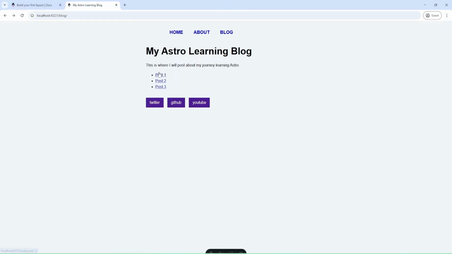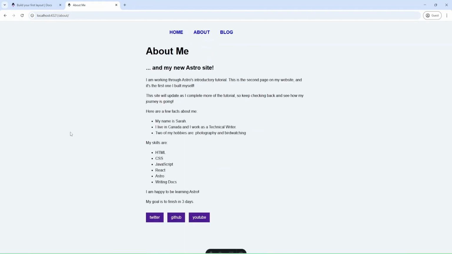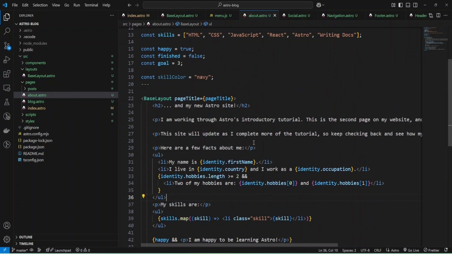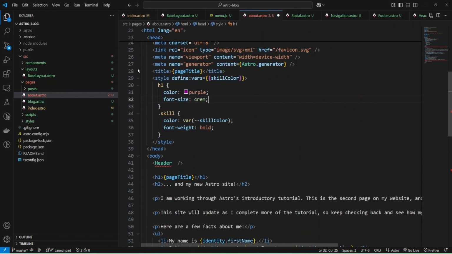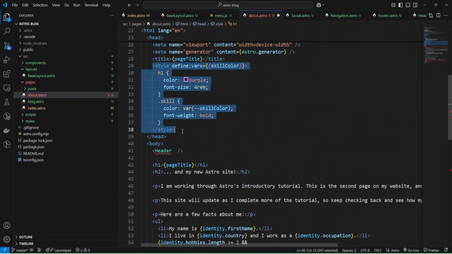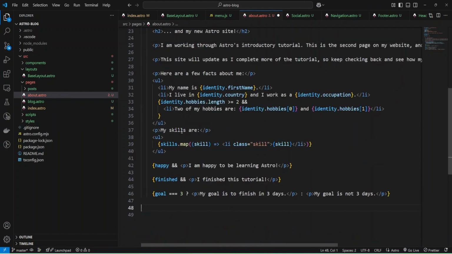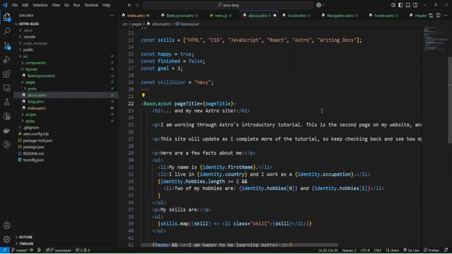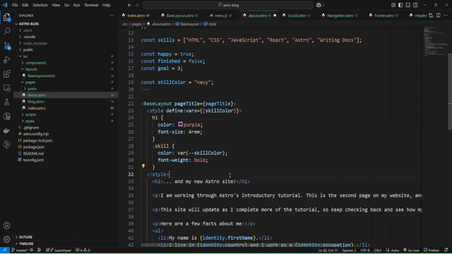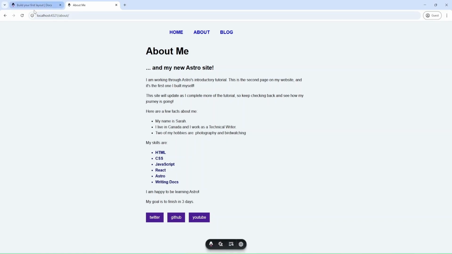I'm going to refresh the page and go to about. As you can see, we don't have styles because we removed them. Let me go back and copy styles here and then go forward. Okay, and now I need to provide styles. Let's check again.